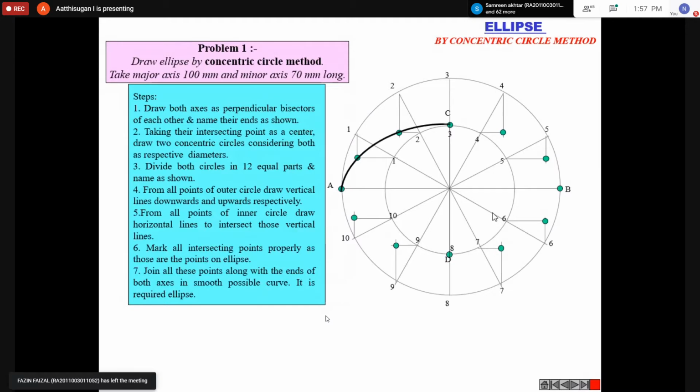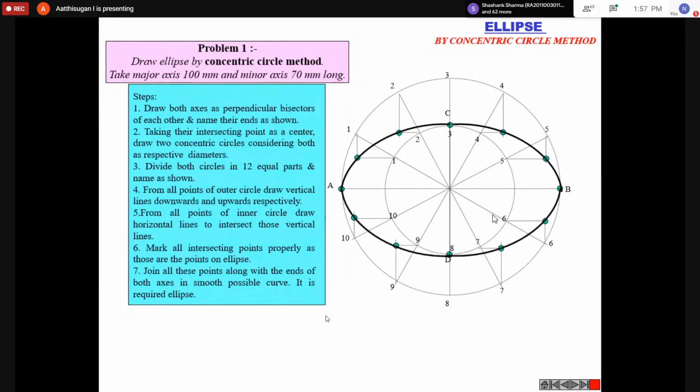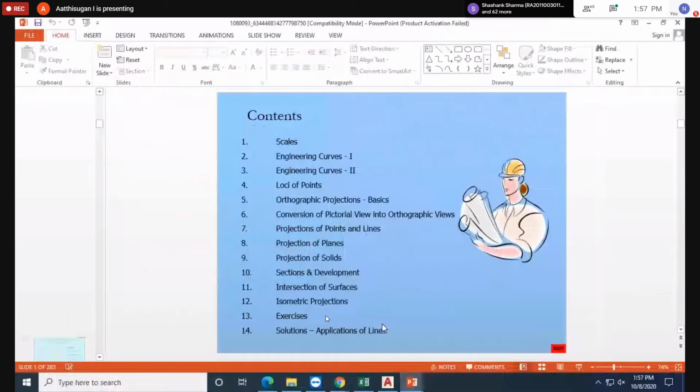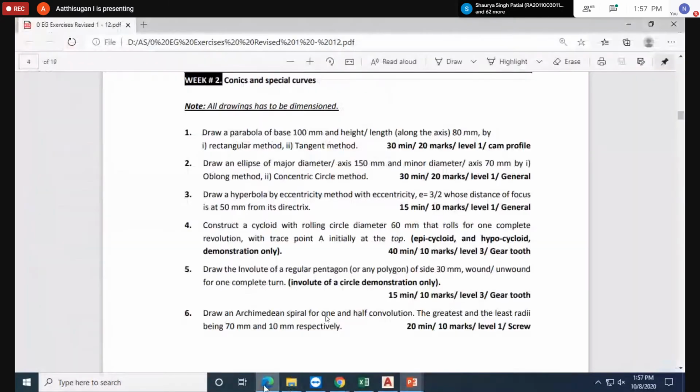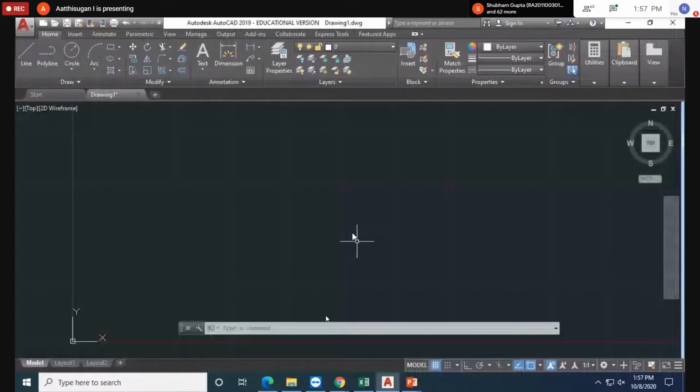Okay, so draw the ellipse shape. This one I'll explain fast in AutoCAD. Using the R command. Your question is: given the ellipse concentric method, diameter 150 and 70. Okay, so I did everything here. First you draw the diameter of